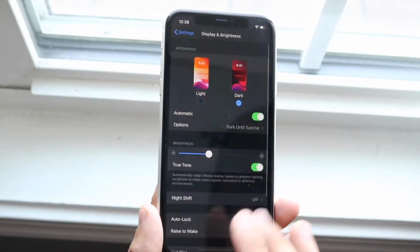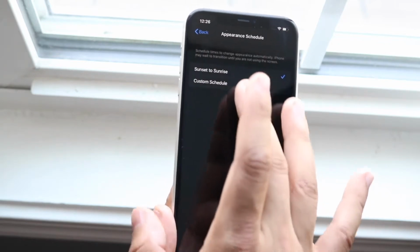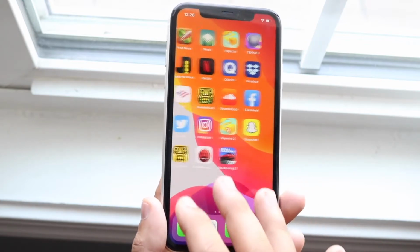Let's go and do a little bit of a speed comparison. I have about the same apps on both phones, so I'm going to see which ones open faster and all that. With the iPhone 11, I'll tell you the specs. The iPhone 11 came with the Apple A13 Bionic chip, a hexa-core CPU, and 4GB of RAM, which is a